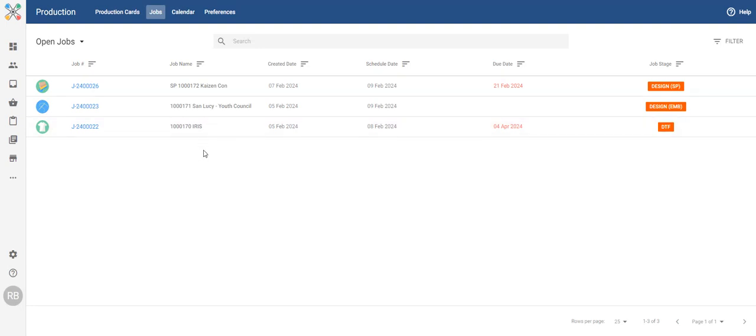Hey guys, this is Ryan at Kaizink, and today I am showing you how to unassign jobs from a production card in Inksoft. So in the case that there are two different designs and they accidentally get set to the same production card,